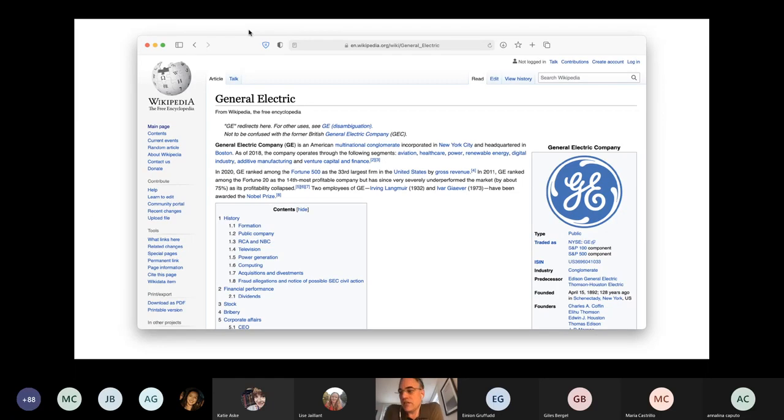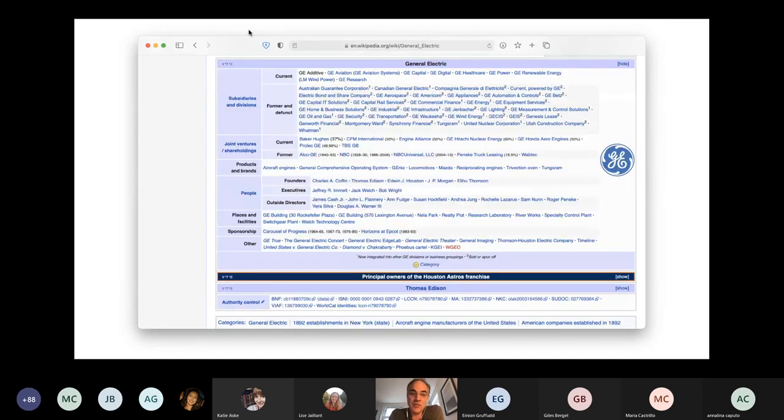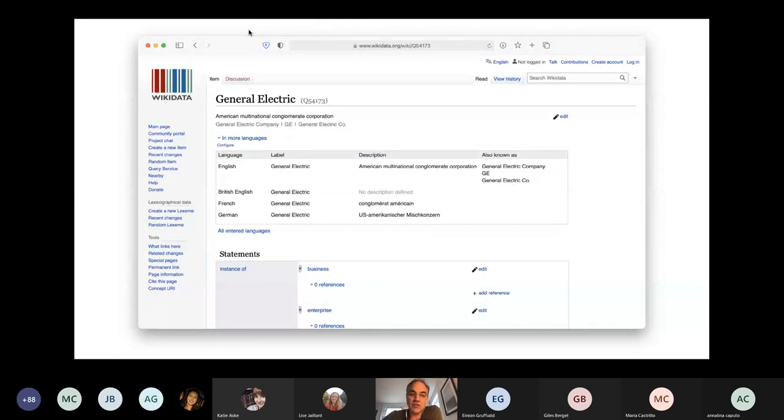So why Wikidata? So underlying Wikipedia is a whole set of facts, and so they're normally presented, or they're most obviously presented in the box on the right-hand side there, where you can see there are statements of founders and industries and so on, and other identifiers, and sometimes you see them at the bottom of the page as well. So this is a particularly rich record, and then those things are constructed in an open data set which we can access programmatically,